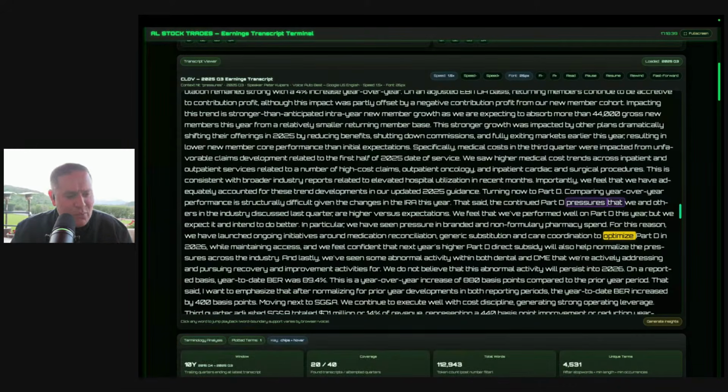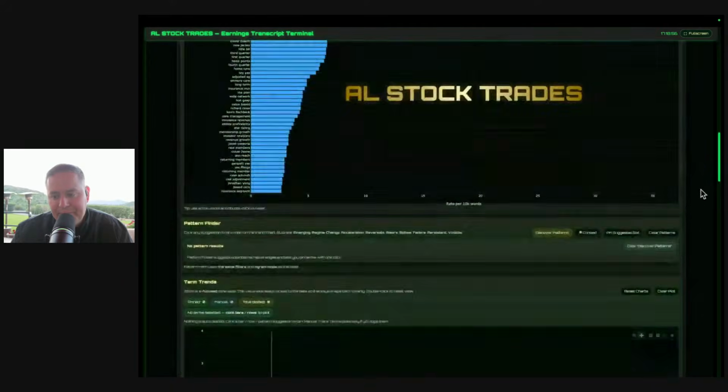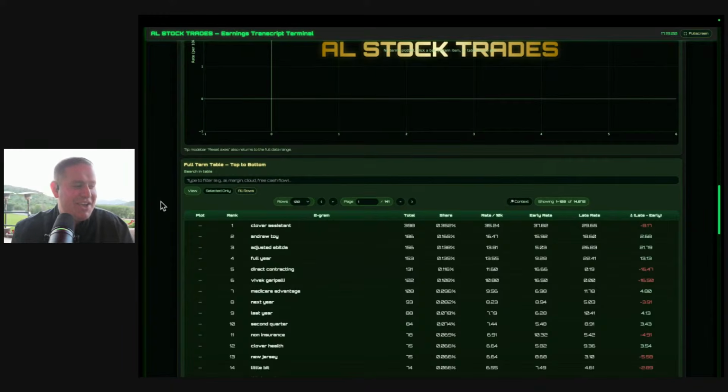But what's the word that Peter likes to use, like the pipeline is strong pipeline. So let's actually do that. In order to do that, what you can do is we could move on to the 2-word gram, analyze that, and then we could go search the word. I mean, Clover's watching this. They're going to be like, man, we got to watch what we say now, right?